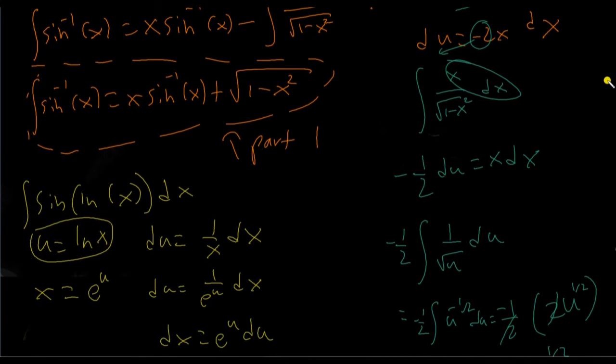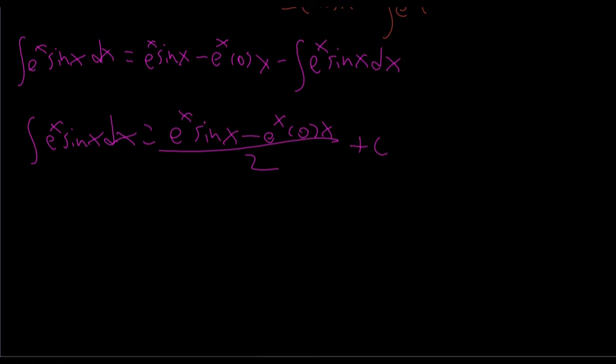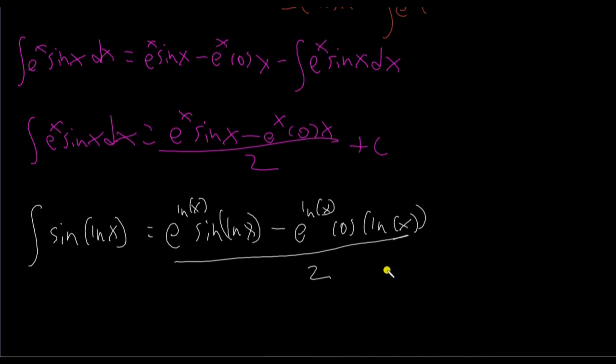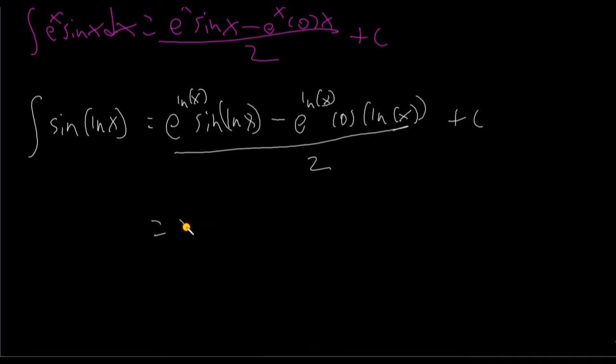So now what I can do is, I have that. And then remember at the very beginning, we did this initial u sub, where u is equal to the natural log of x. Now we're going to undo that, and replace all of these x's with natural logs. So the integral of the sine of the natural log of x is e to the natural log of x, sine of natural log of x, minus e to the natural log of x, cosine of the natural log of x, over 2 plus c. And then since e to the natural log of x is just x, because e to the x and the natural log of x are opposites, this is x sine ln x minus x cosine ln x